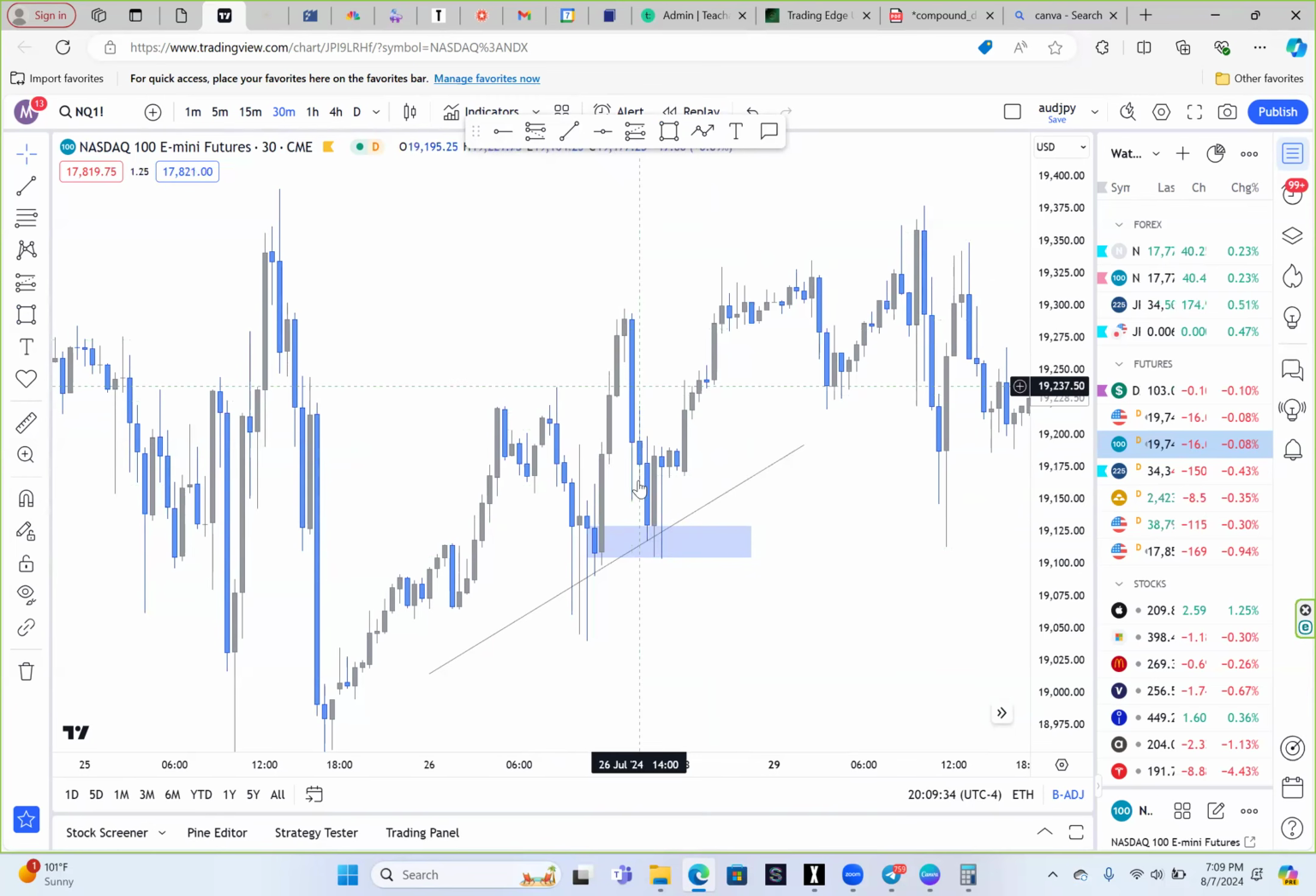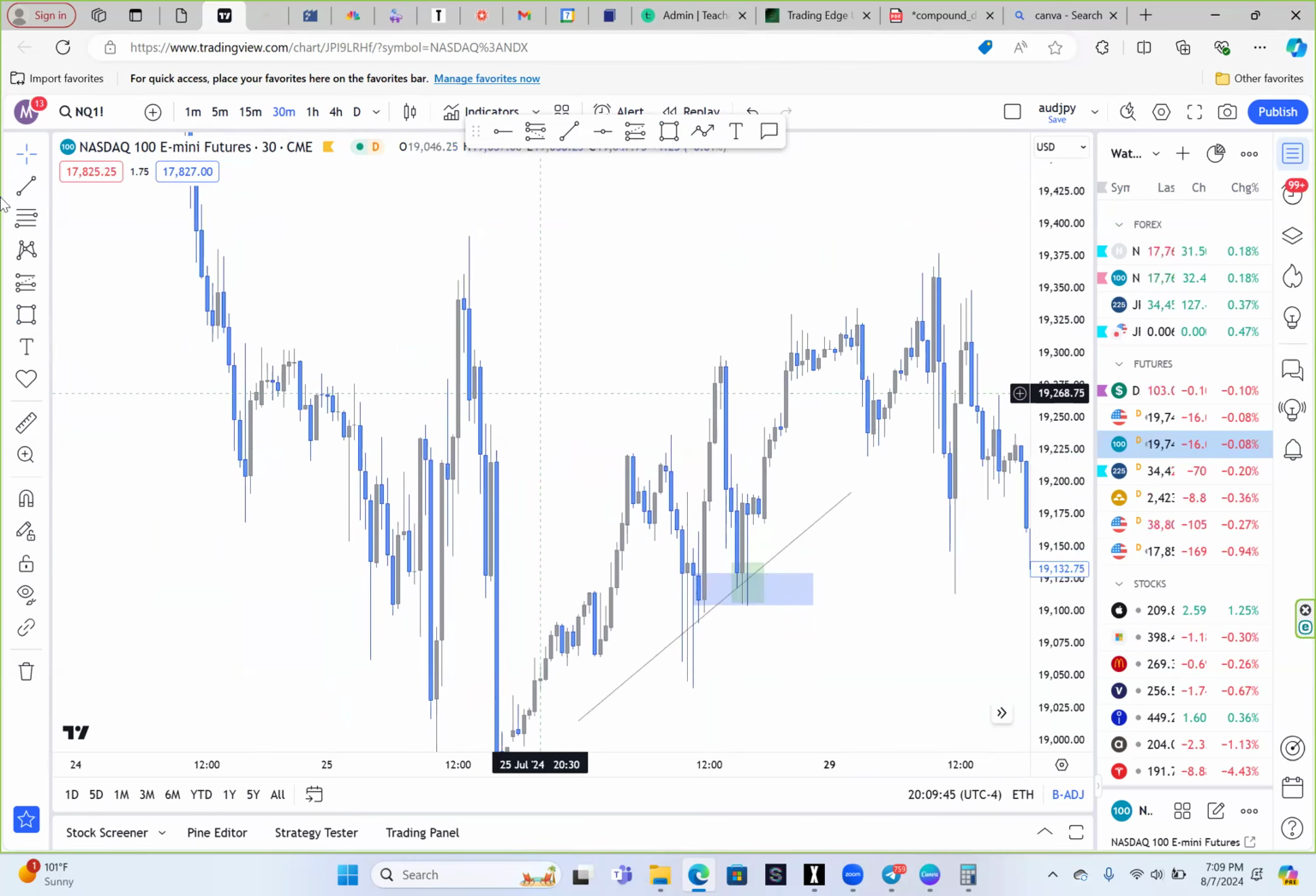You wait for price to trade back into these areas for buys. Price traded into the area 3 times before taking off for a buy. Okay, so let's say I entered the trade because one, that